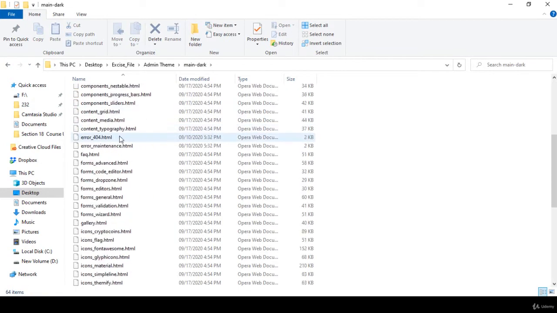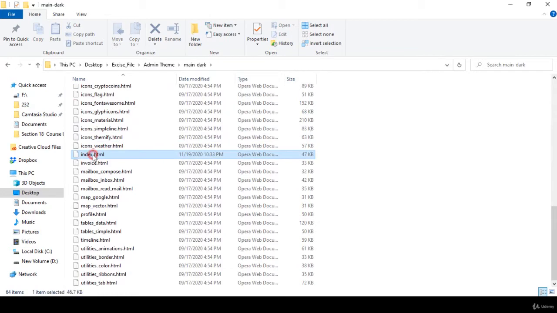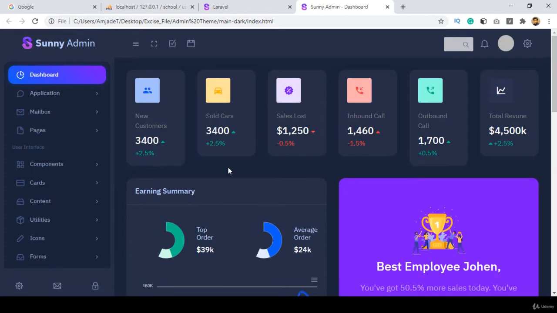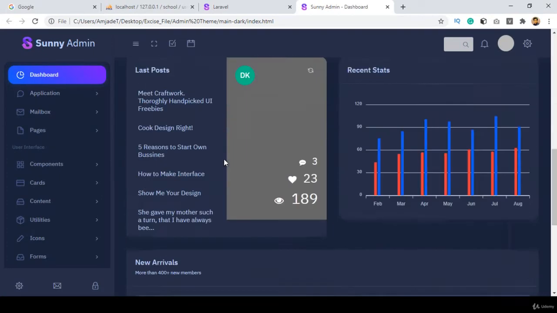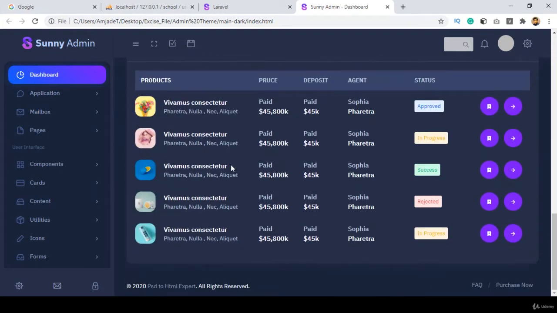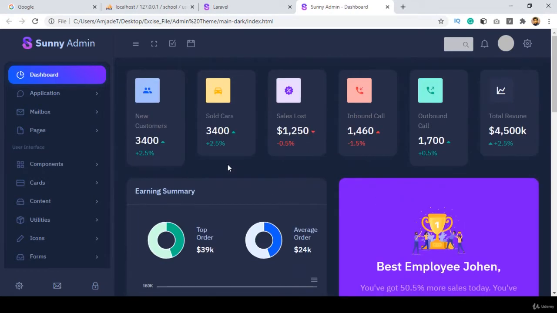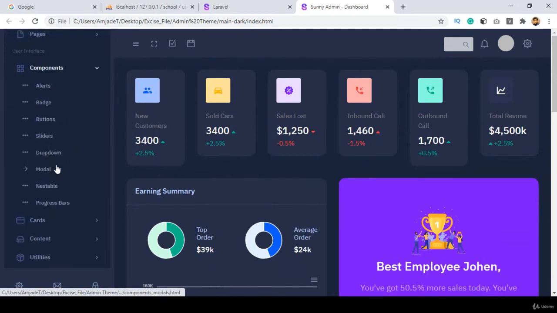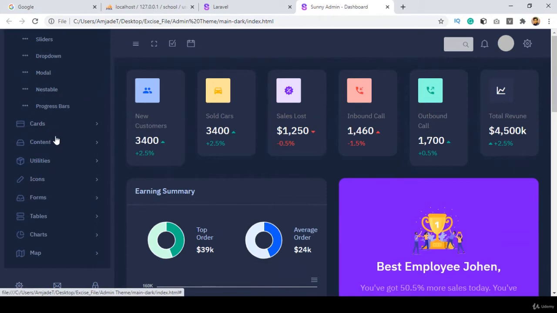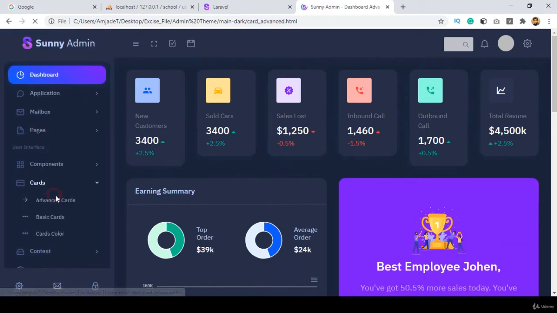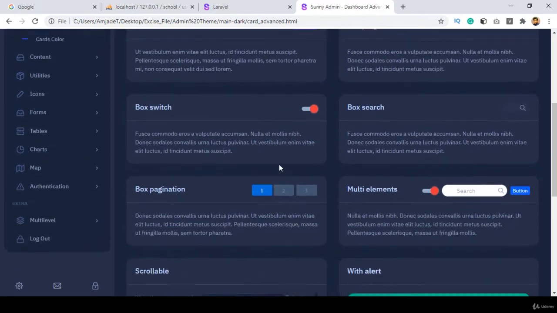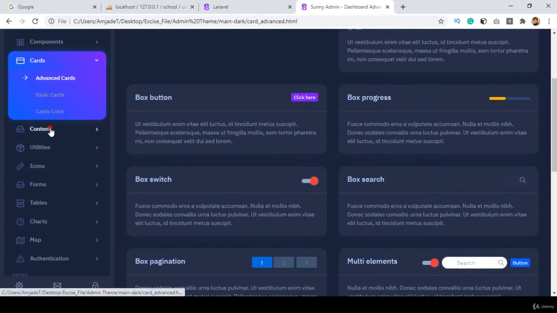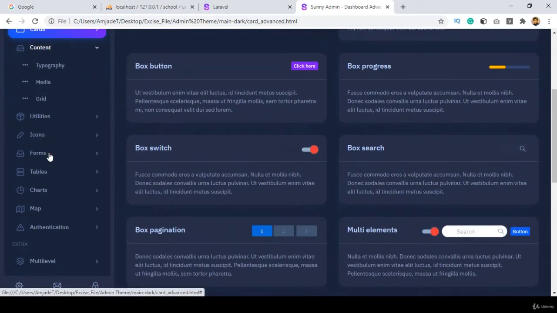Here you can see all that our static HTML pages. So right now if you open that index.html, first of all I want to show you how that theme will look like. You can see that is a very interactive theme. Okay, so friend, here for this project I want to use this theme, and here all that components you will get, such as alert, the button, and there is a card option. So here if you want to use some of the advanced type of card, you can use this type of card. Okay, so for that there is a very interactive dashboard, and there is also the